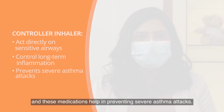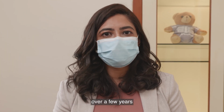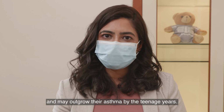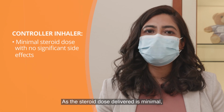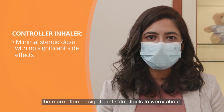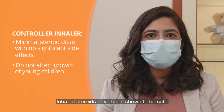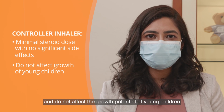asthma attacks. Most children are able to wean off these medications over a few years and may outgrow their asthma by the teenage years. As the steroid dose delivered is minimal, there are often no significant side effects to worry about. Inhaled steroids have been shown to be safe and do not affect the growth potential of young children to